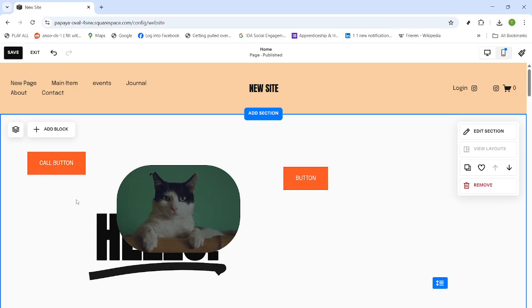You've added a clean, accessible click-to-call button to Squarespace. Keep your label clear, your number accurate, and your design